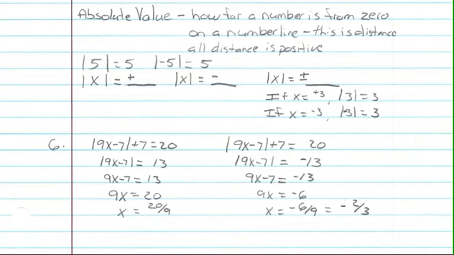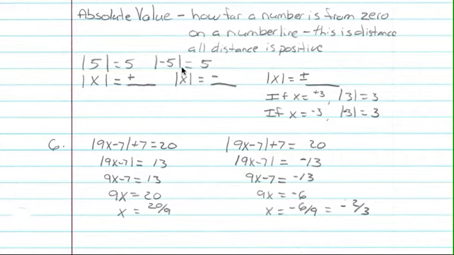Okay, let's look at solving an algebraic equation that has an absolute value, where you're taking the absolute value of an expression. First of all, let's just review what an absolute value is. Remember, to take the absolute value of a number is to determine how far away it is from 0 on the number line. So for example, the absolute value of 5 is 5, and the absolute value of -5 is